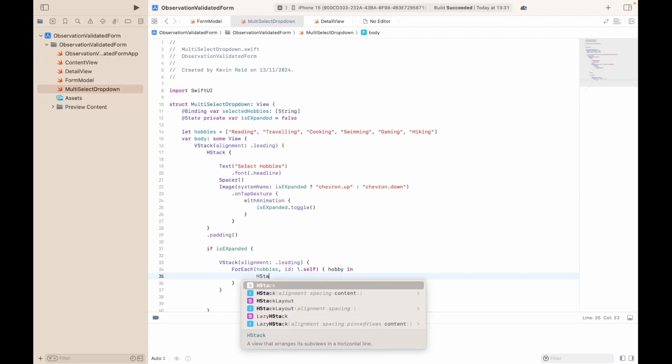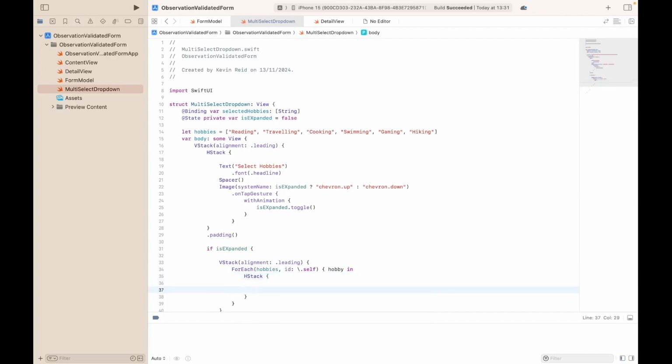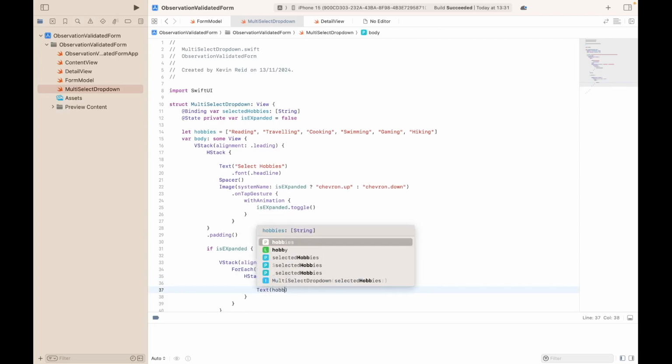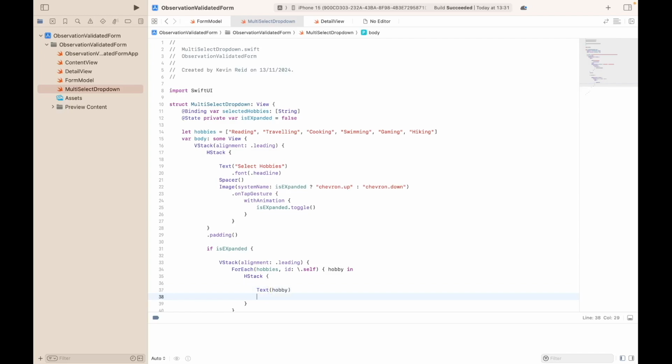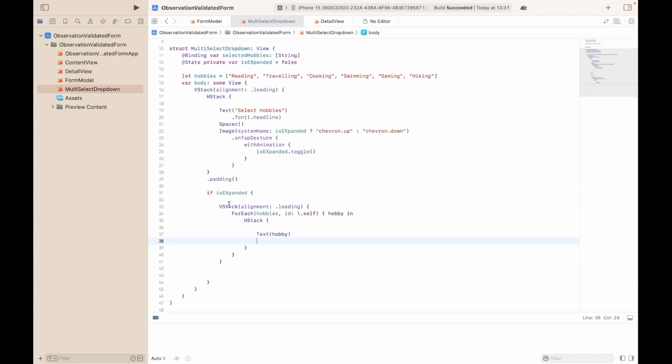HStack, text element to display the hobby, Spacer,